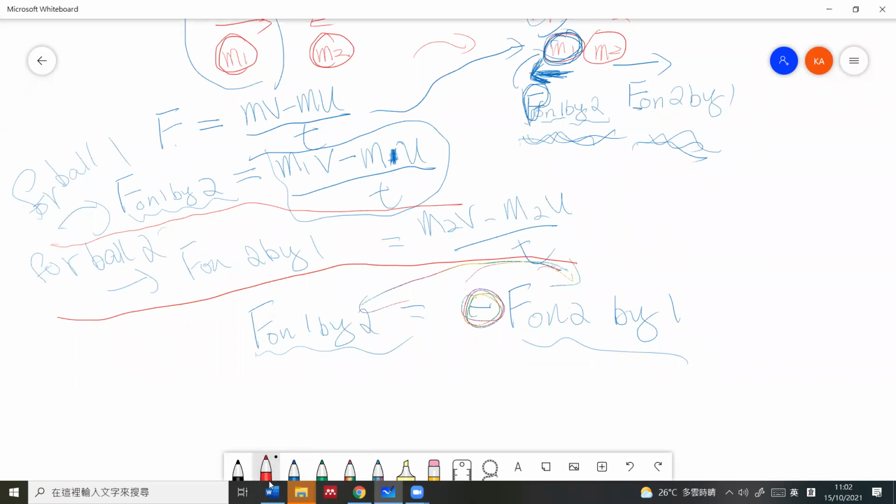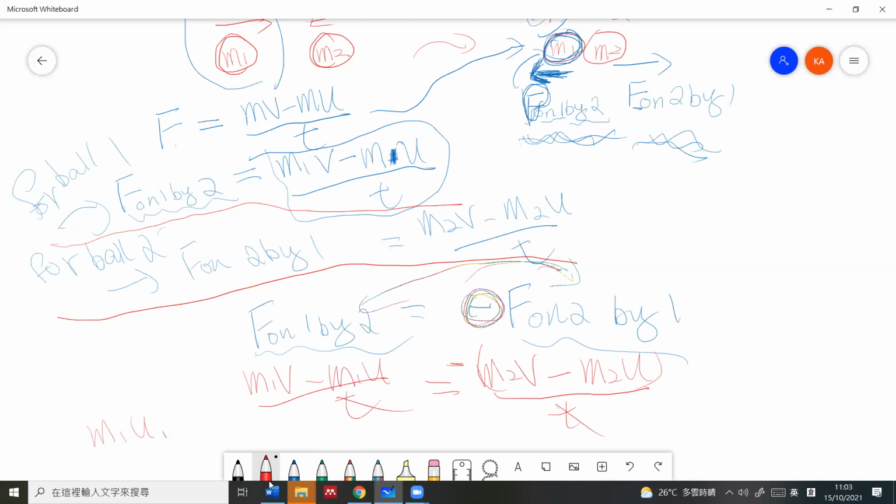Are you okay? 咁我繼續寫啦。So force on 1 by 2 is m1v minus m1u over t equals to negative (m2v minus m2u over t). They have the same t because the contact times are the same. And then we will rearrange the equation. 係啊，漏咗 negative sign. So rearrange the equation. Then you will find that